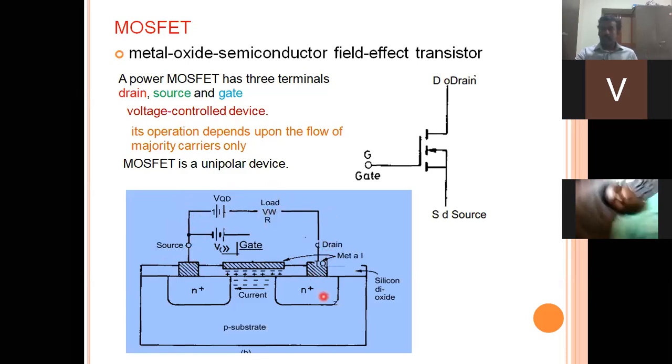Okay, so that means two heavily doped N substrates provided with metal contacts are going to be connected with the power circuit. Coming to the gate circuit, the gate is provided with a metal contact on top of an insulating silicon dioxide layer. Okay, so whenever we need to make the conduction,